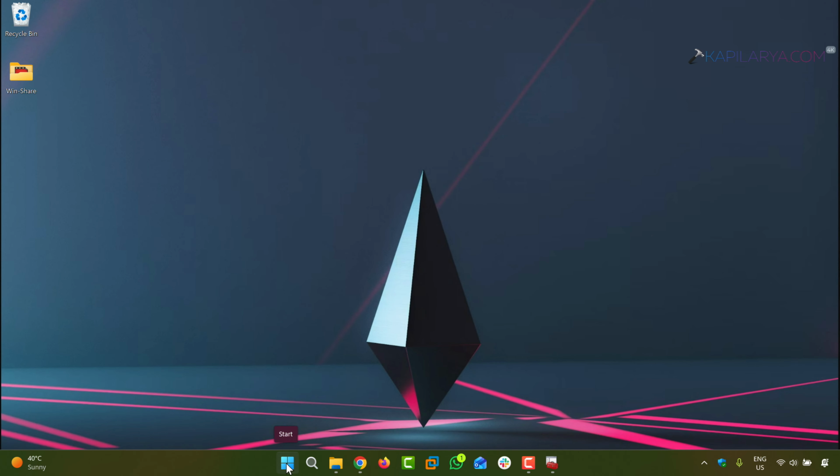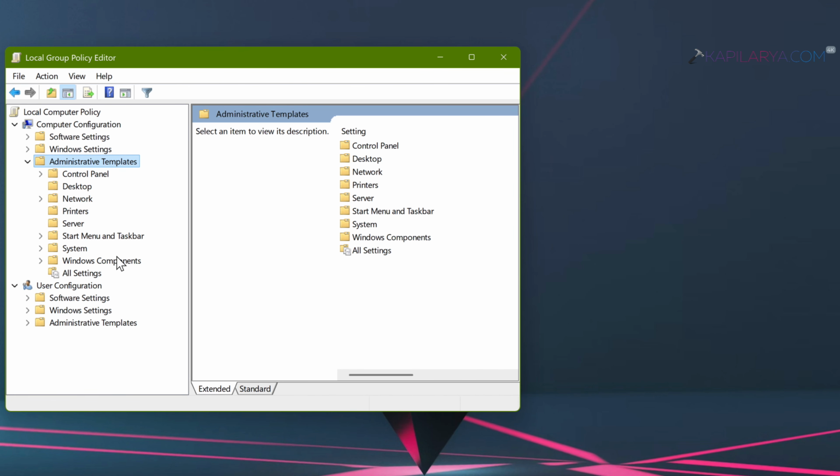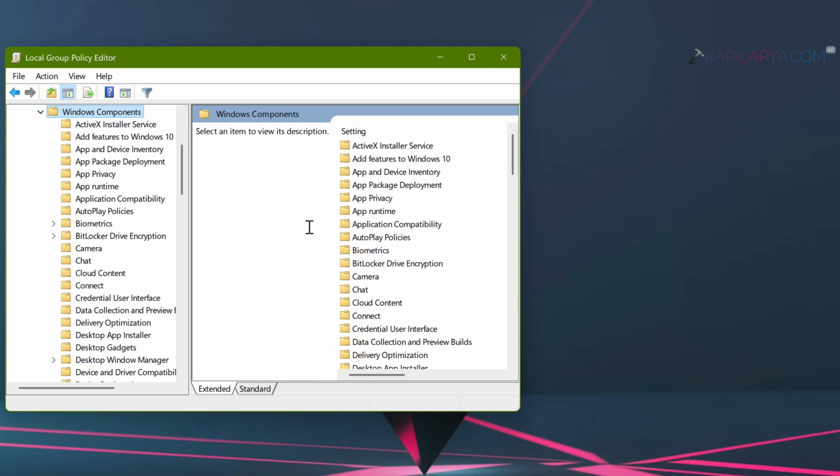Then we have solution number 6. In this case, we will use group policy to manage facial recognition features. Simply right click on the start button and select run. In the run window, type gpedit.msc and click OK. In the group policy editor window, go to computer configuration, administrative templates, Windows components,